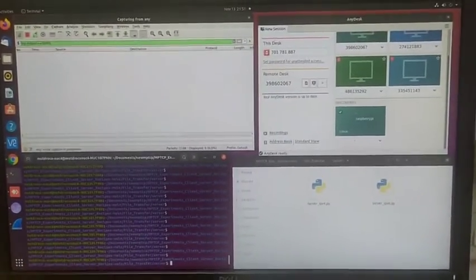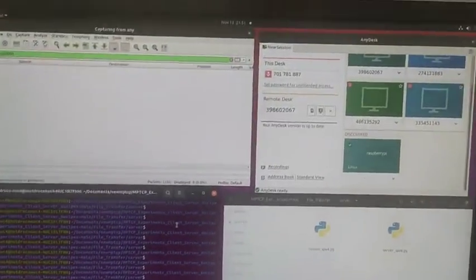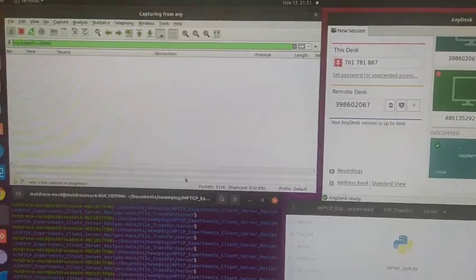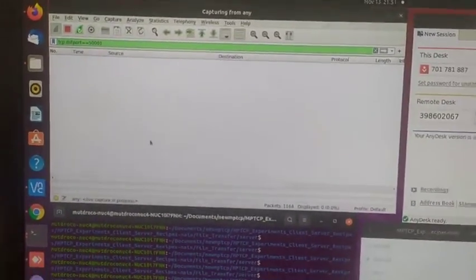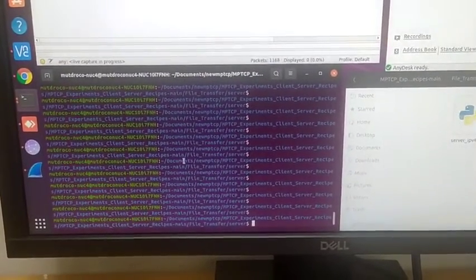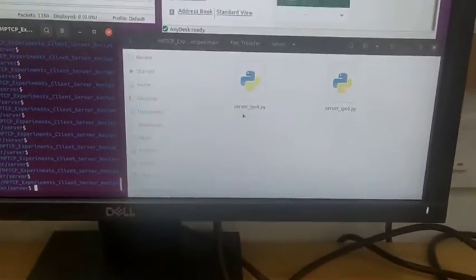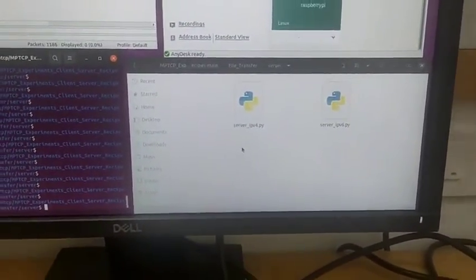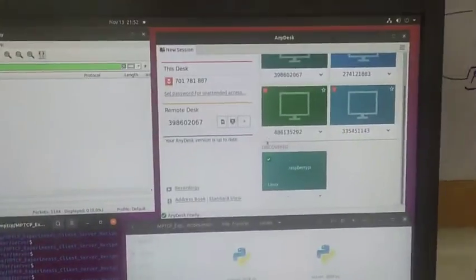You can see here, this is the Wireshark. This is the system, this is the server command prompt, and this is the file server space where the file is going to be stored.